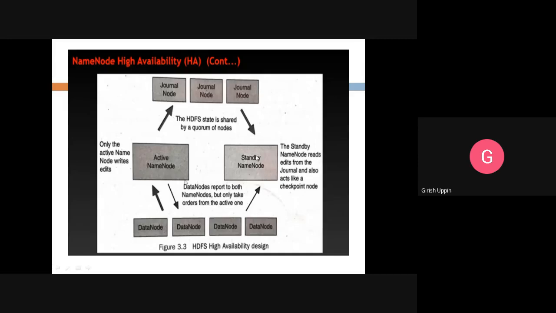The standby name nodes will be constantly checking with these journal nodes for the current state. It would be exactly the same as the active node, because it refers to these edits shared by the active node, and taking those changes, it maintains the same state as the active node.